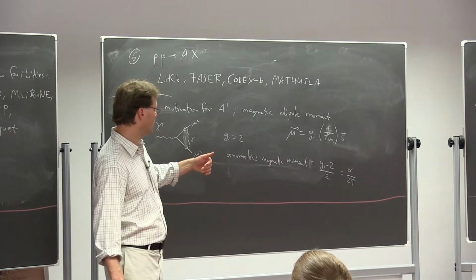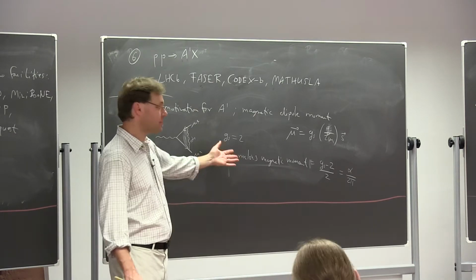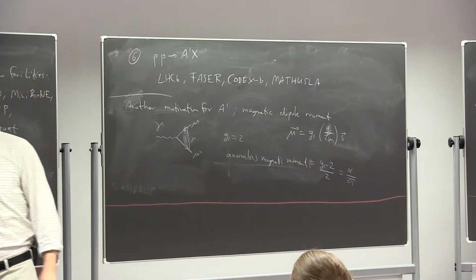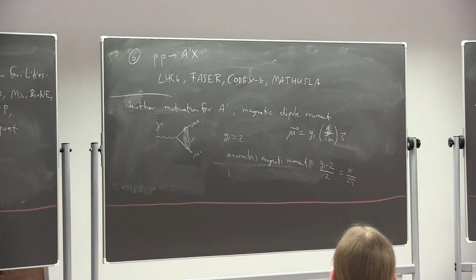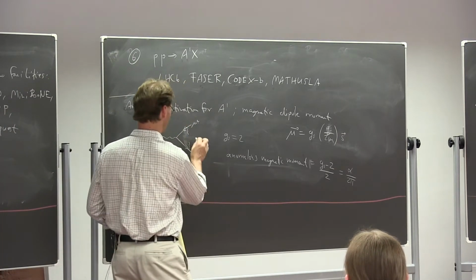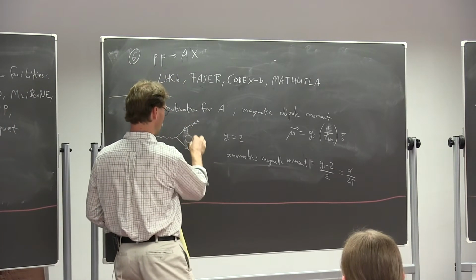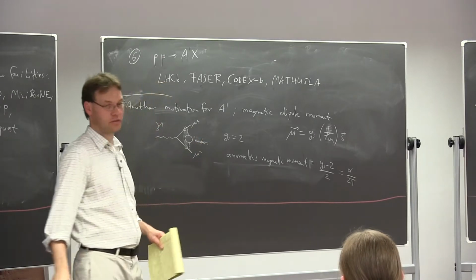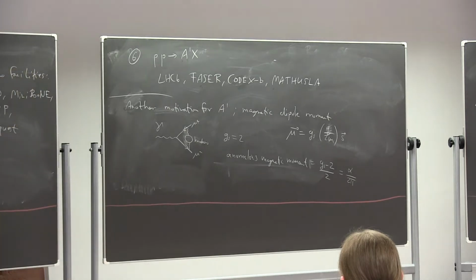So it turns out you can measure this, and you can also calculate it. And it turns out that for the muon, there's a discrepancy between the measured value and the calculated value. The calculation is not trivial, because it involves diagrams with, for example, photon-photon with hadrons in here. And we're sitting at low energies, and it's hard to do calculations in QCD at low energies and have control